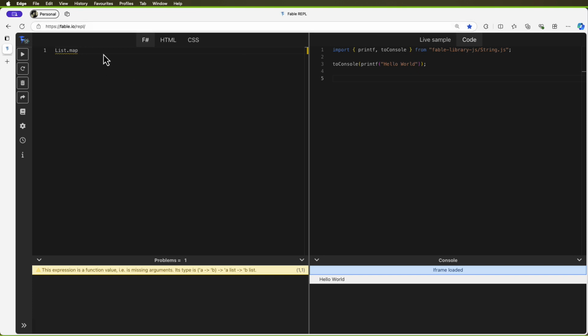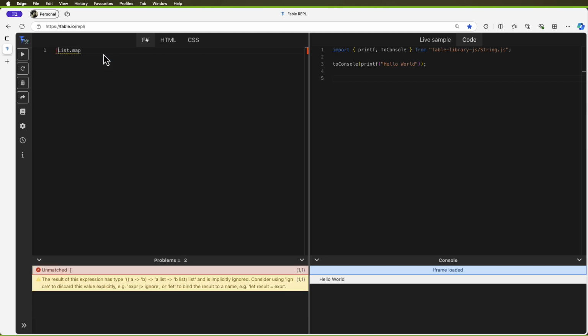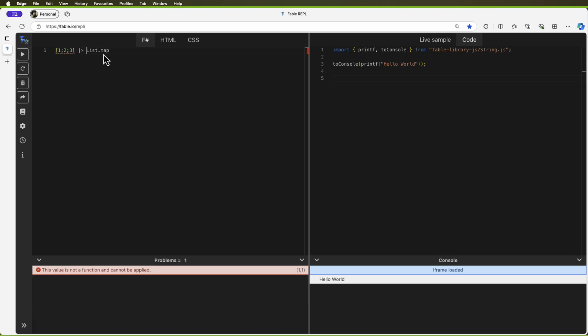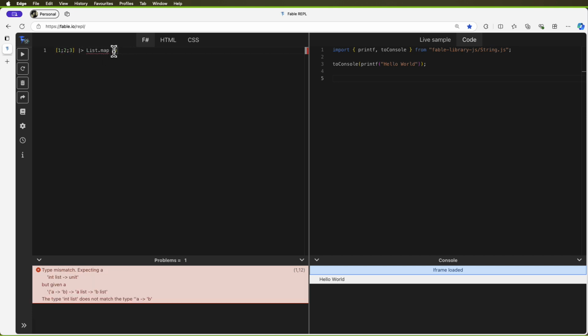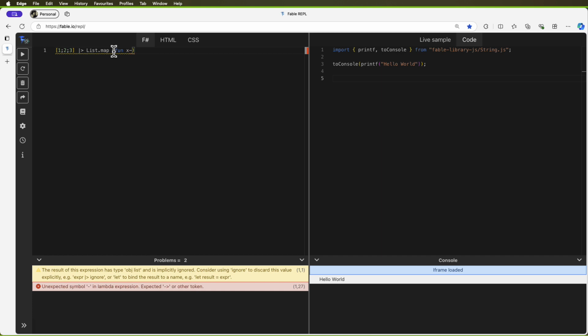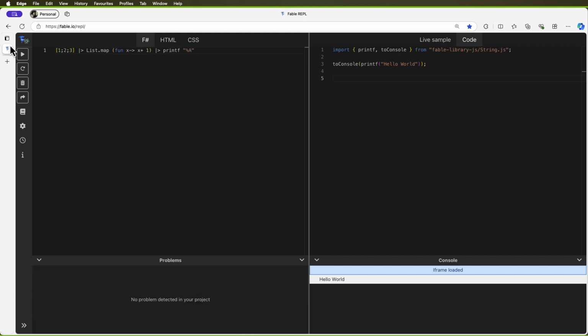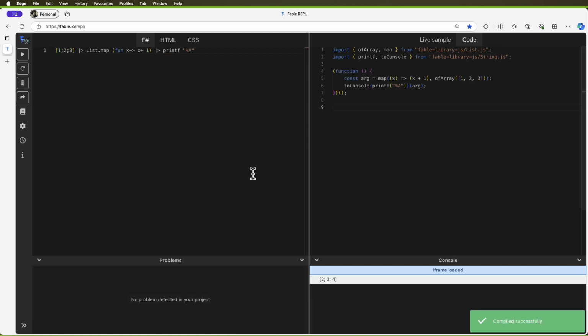So since we are familiar with that, we know List.map. For unfamiliar people, what it does is, if we have a list like this, then List.map can just do some stuff with that. So I can just do this one, and then I can just print it out so we can see the output. Cool. Since we covered the map,